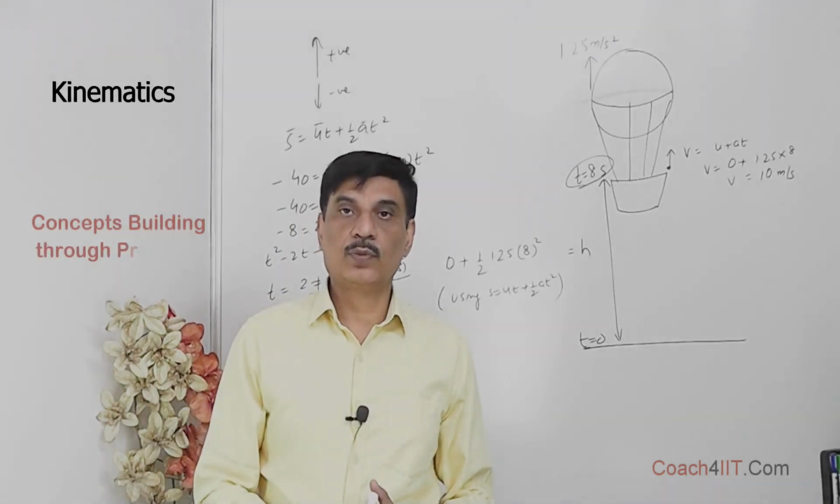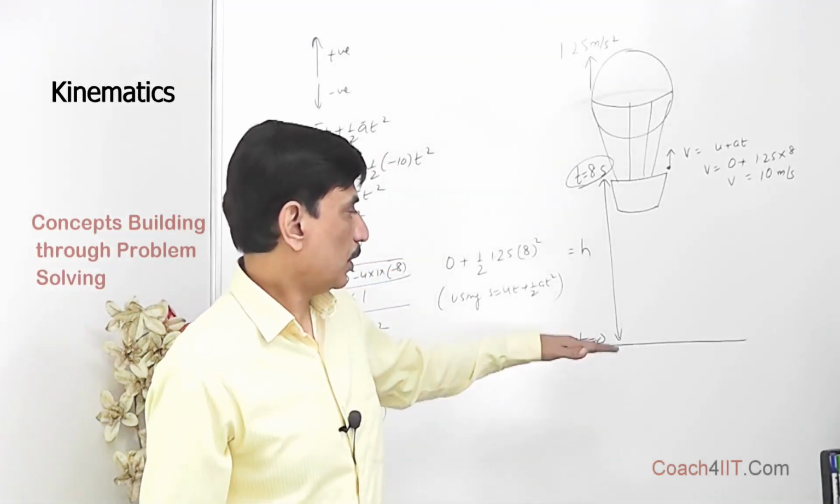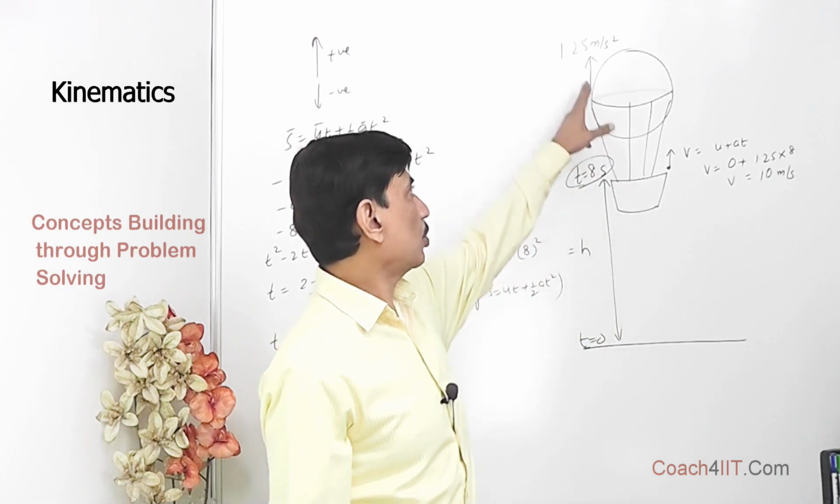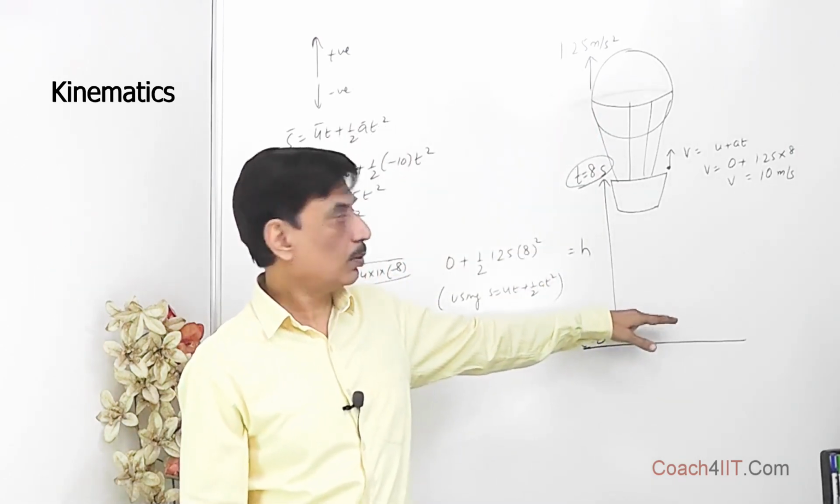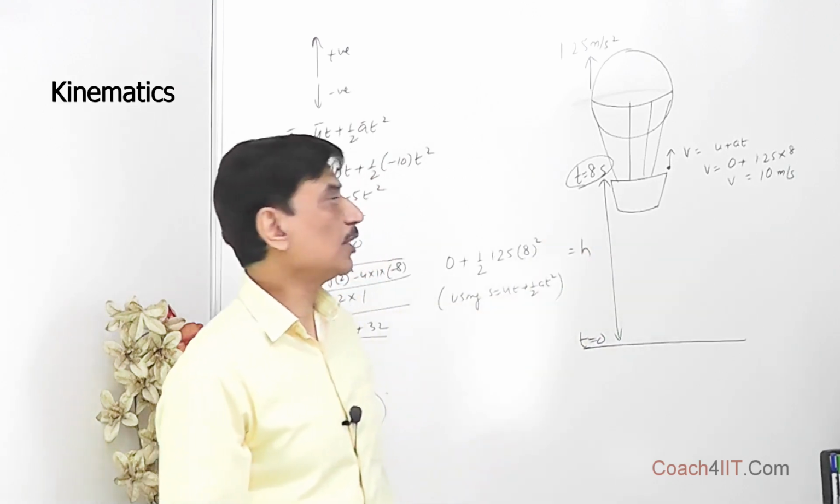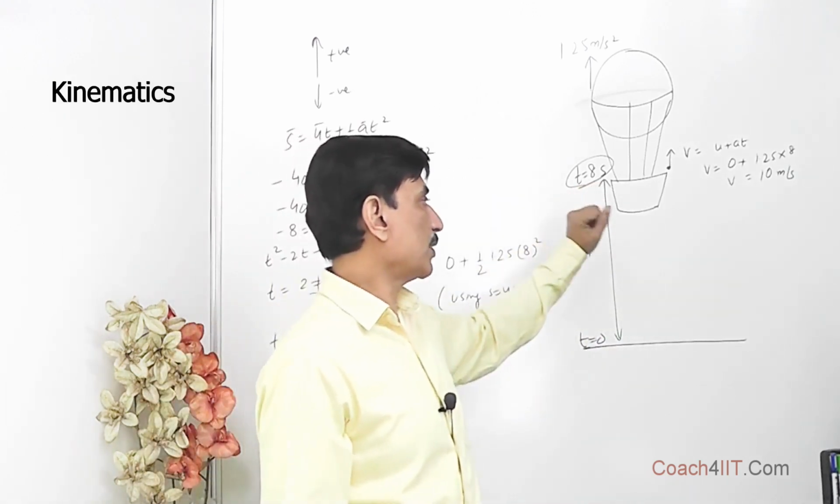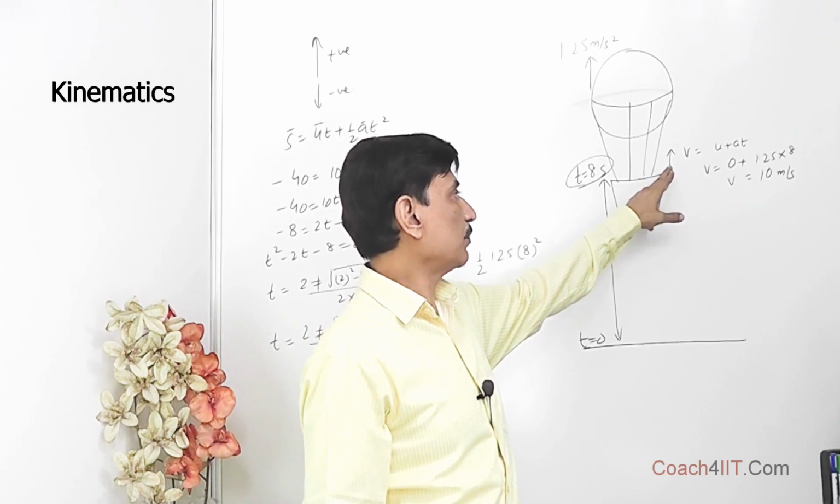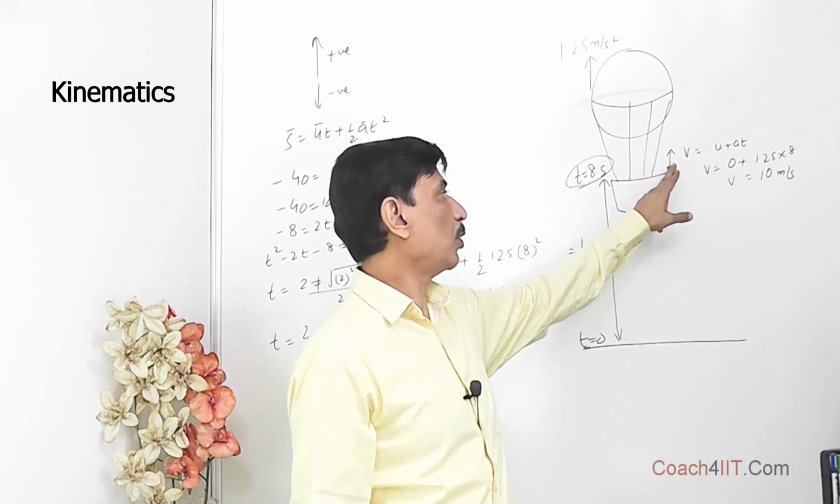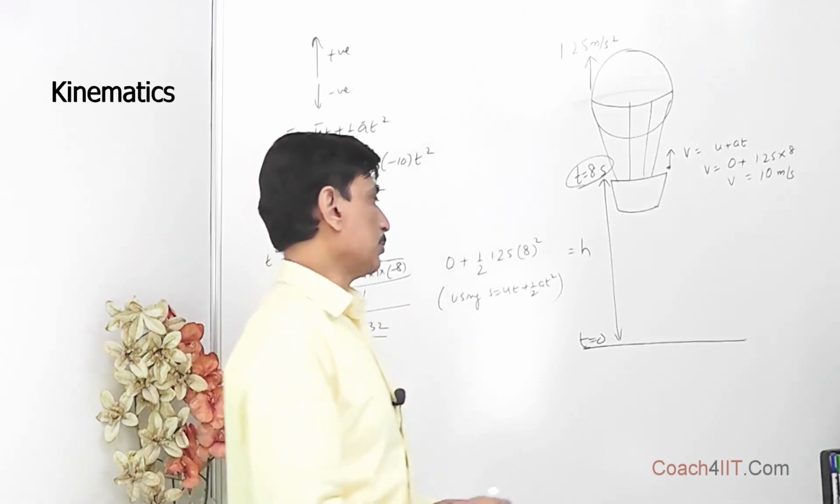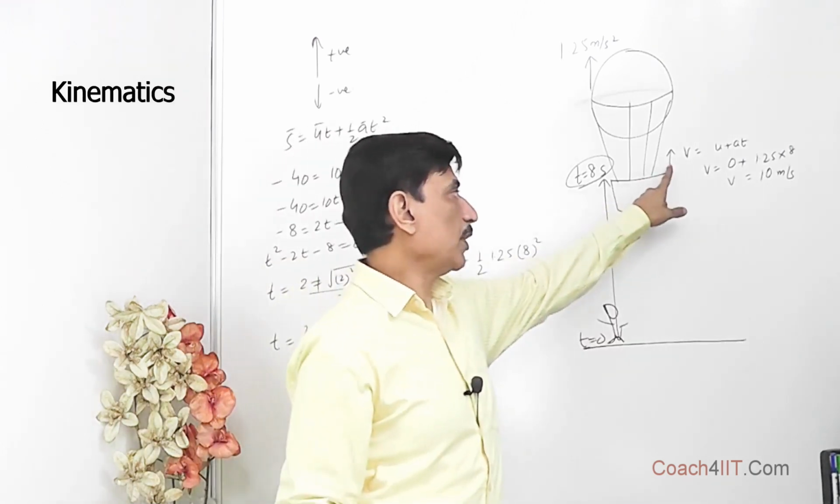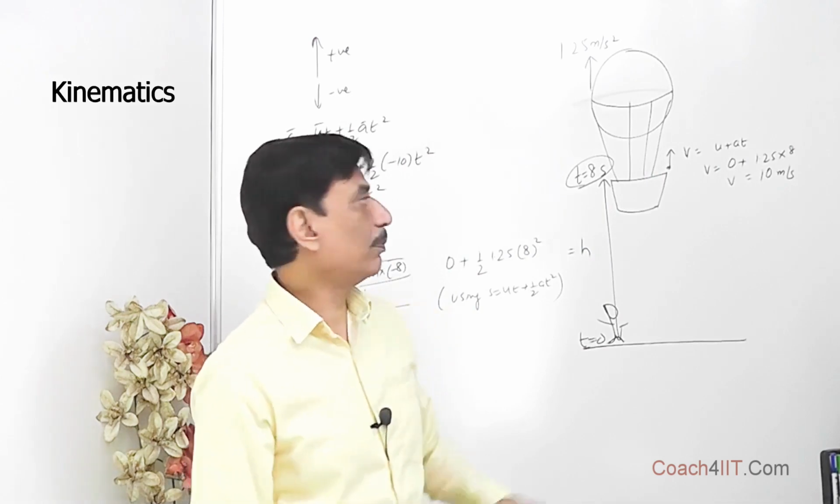Now over here we have an air balloon which starts rising with an acceleration of 1.25 meter per second square. Initial speed is equal to 0, and after some time, that is t is equal to 8 seconds, a body has been released with respect to it. That is, initial velocity of this body with respect to this balloon is equal to 0, or with respect to a person on the ground, this body has some initial velocity